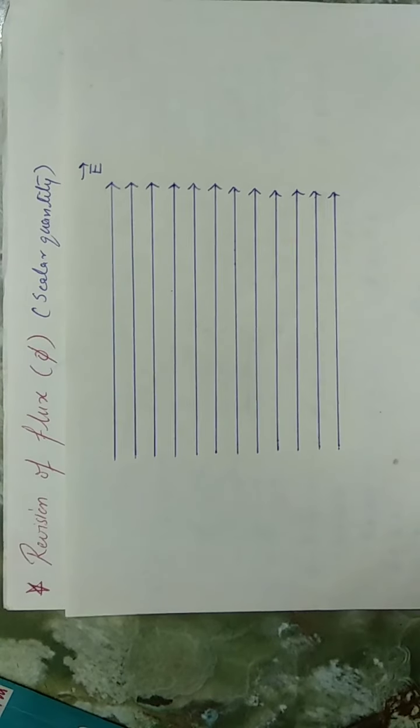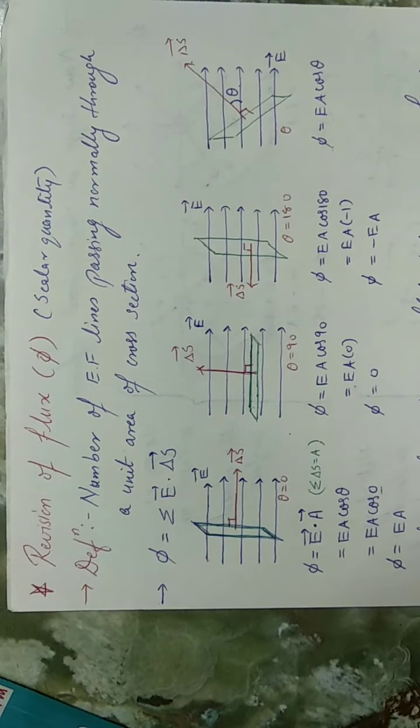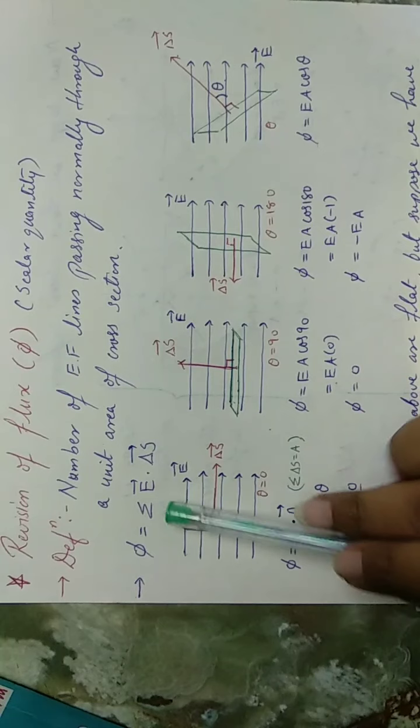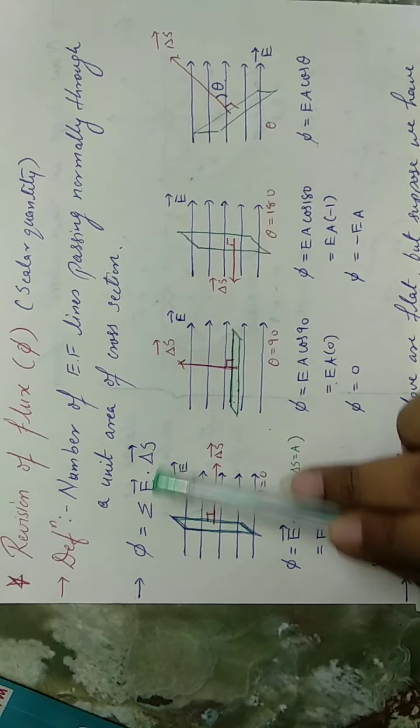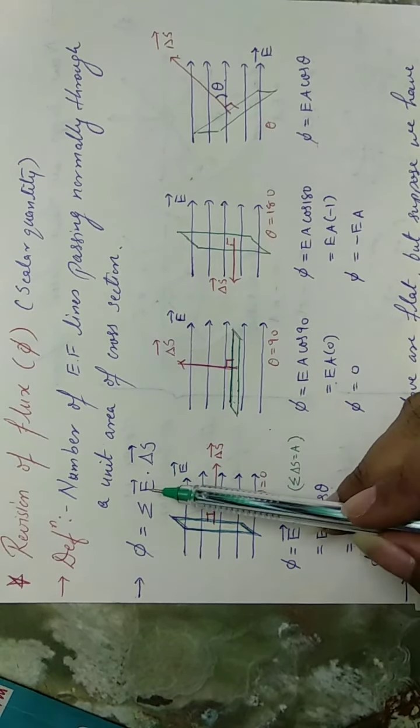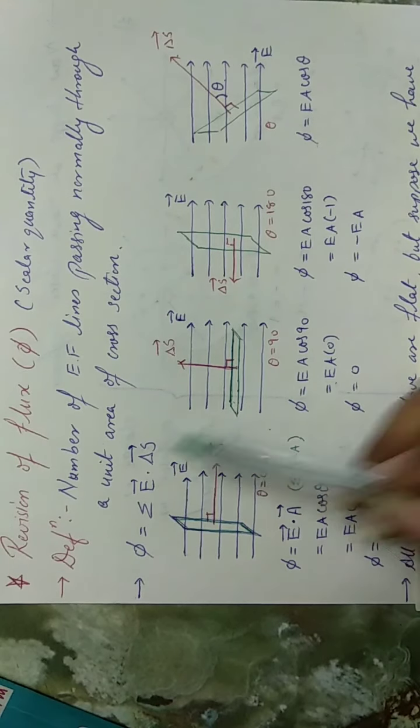The formula also we have obtained for electric flux, it was like this: flux is equals to E dot delta S. The summation of delta S used to give us total area, and if I write summation of delta S as capital A, and apply the formula of dot product, then I am going to get the formula of flux like this. Flux is equals to EA cos theta, where theta was the angle between the direction of electric field and the area vector.